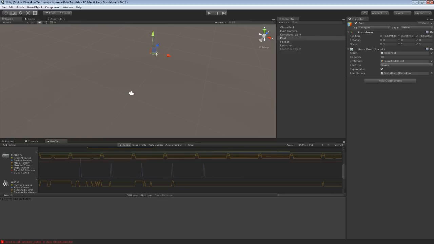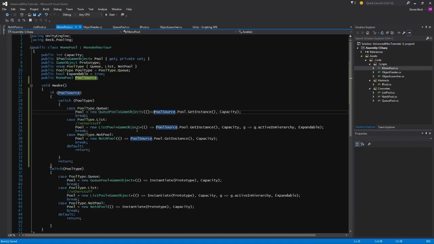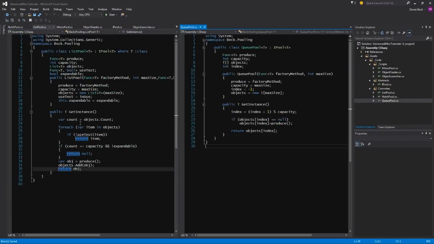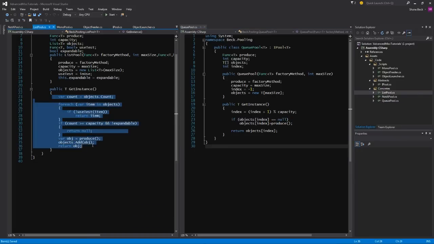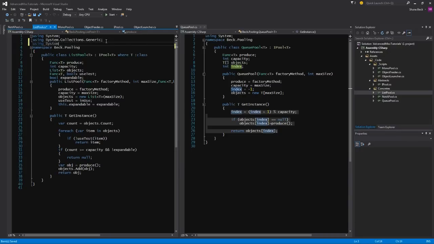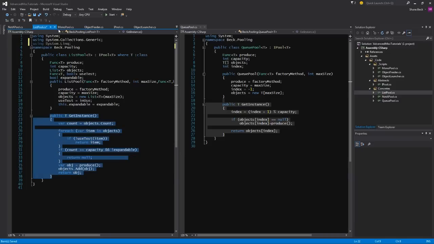However, one more thing, if we hop back into the code, I've got a challenge for you viewers. If we hop into list pool and queue pool, each of these get instance methods here can actually be reduced to a single line of code. For this one, you might have to use System.Linq, but if you can type in the comments single line versions of both of these, so the get instance method for the queue pool and the get instance method for the list pool, the person who gets them correct first, or at least has a working version, in other words, a version where I can literally copy and paste the single line of code and replace it here,